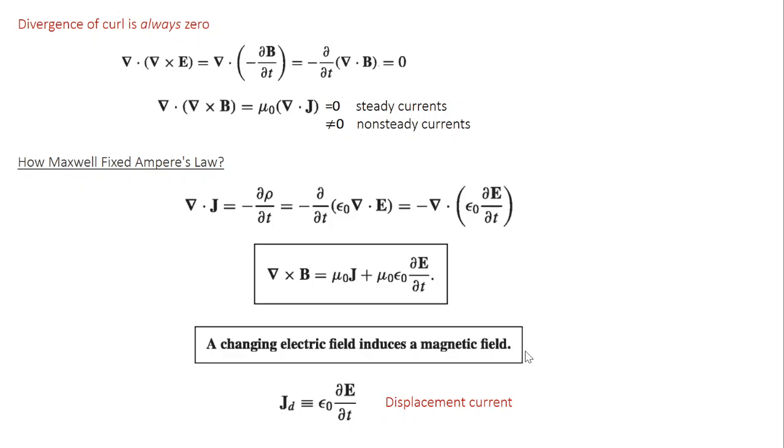Now the impact of this discovery was huge because prior to this people thought that electricity and magnetism are two independent phenomena. Then Faraday showed that no, there is an inherent relation between these two. A changing magnetic field produces an electric field. Now Maxwell, with some mathematical manipulation, showed that in turn a changing electric field induces a magnetic field, which means an electromagnetic field can coexist as a self-sustaining system. This is the genesis of the field of electromagnetic radiation.